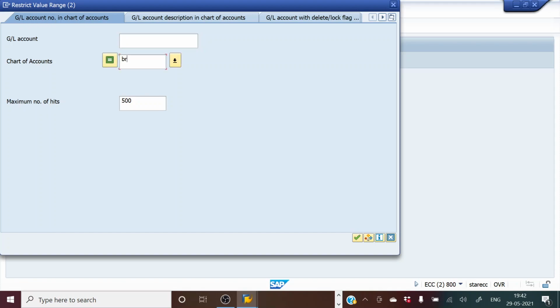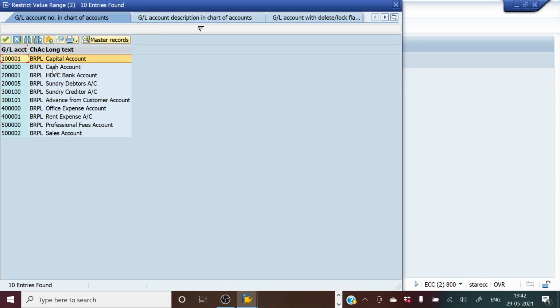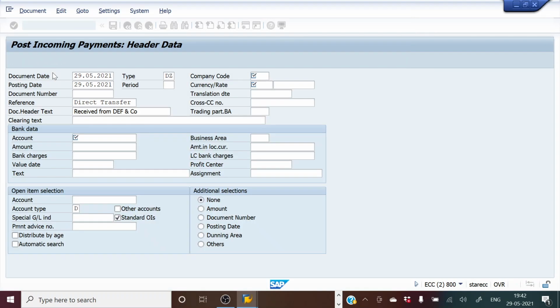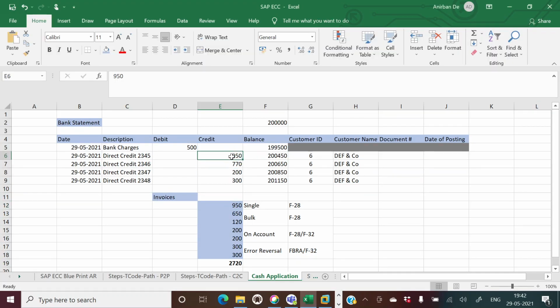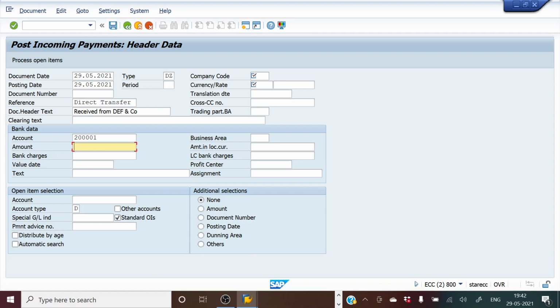We mention BRPL, sorry, chart of accounts, and here I will mention HDFC, and I have to mention this amount. The first one I'll allocate 950, so I'm allocating 950, and then I have to give the value date, which is also compulsory. So I'll give today's date as a value date, and I'll say received from DEF and company,